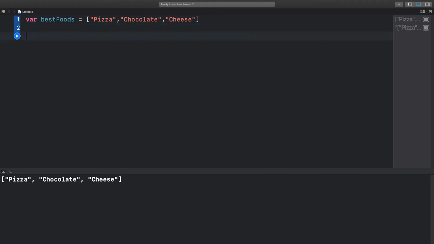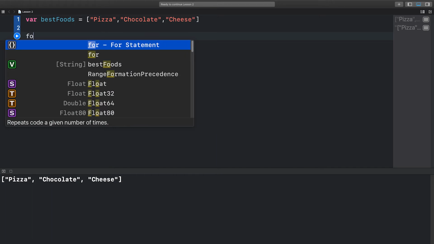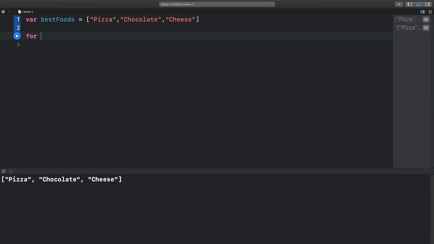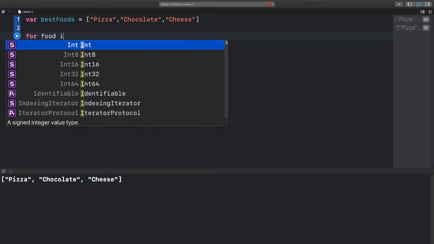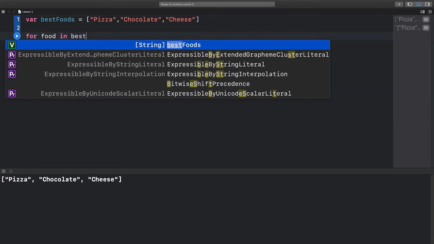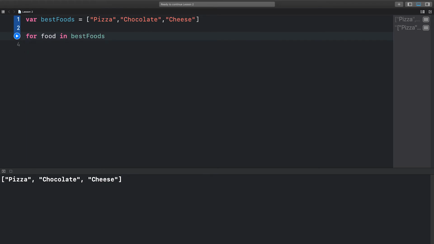What I want to do now is use a loop to go through each one of the individual items in my best foods array and print them out one at a time. Let me show you how that works. We're going to use what's called a for loop. So I type the word for, F-O-R, and now I have to make up a name that's going to refer to each one of those individual foods. I'm going to call it food. And then I say for food in best foods,